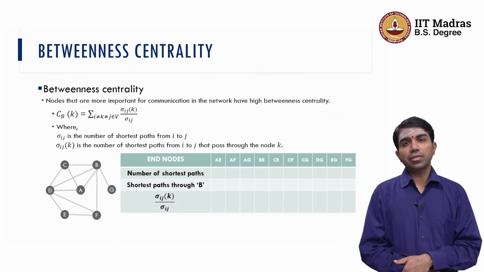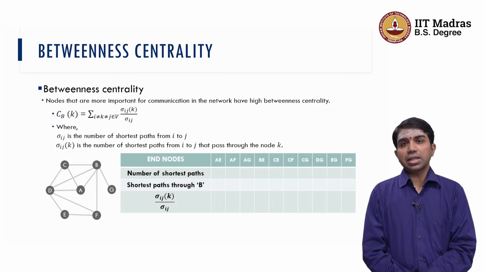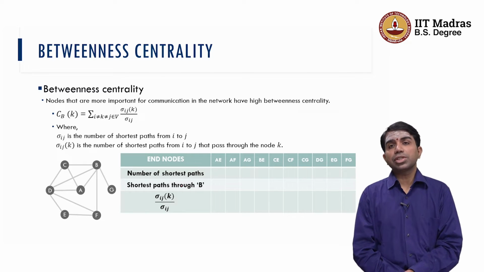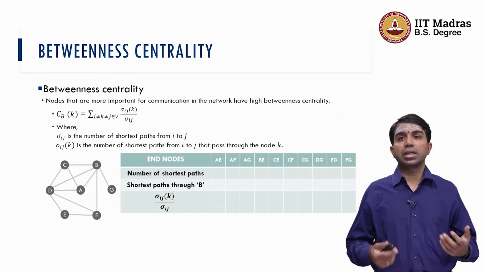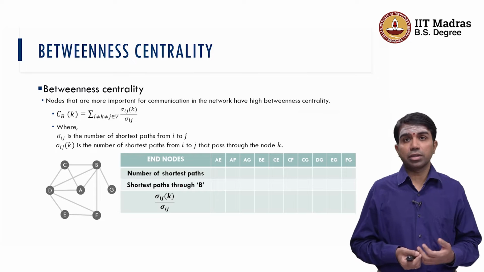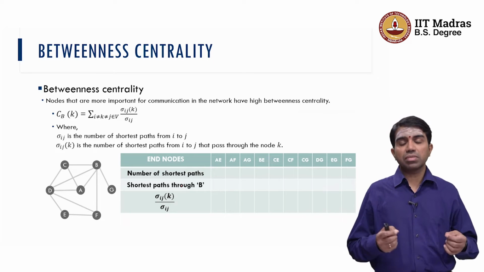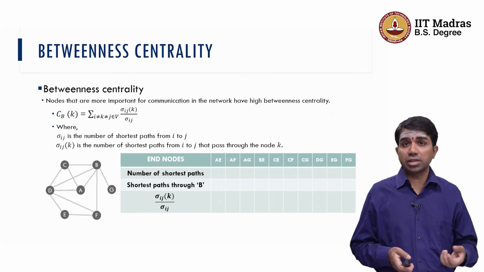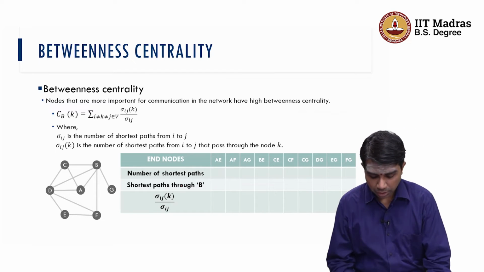Now, let us look at another very interesting centrality measure. There are multiple centrality measures, and one measure of centrality can be inferred from simply connectivity, right. So, degree is a measure of how important a node is, but there are cases where a node may not be very connected to too many nodes in the network, but might still be very important in the graph. So, as an example,